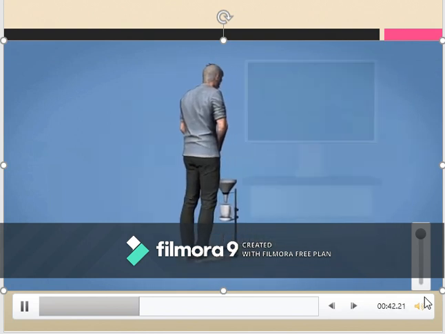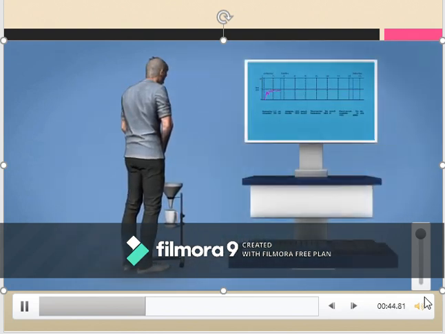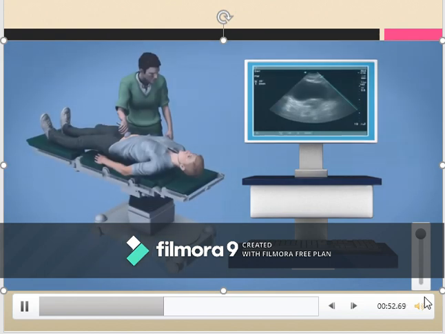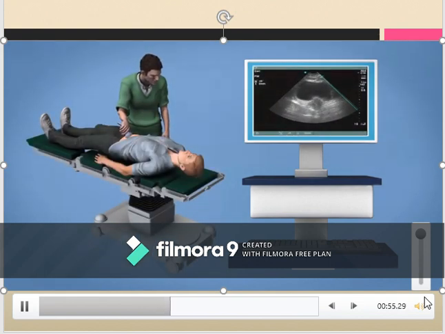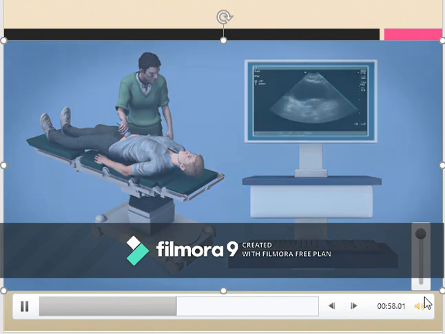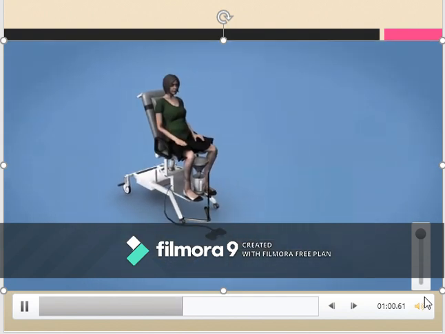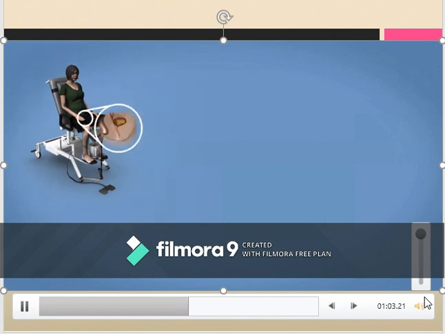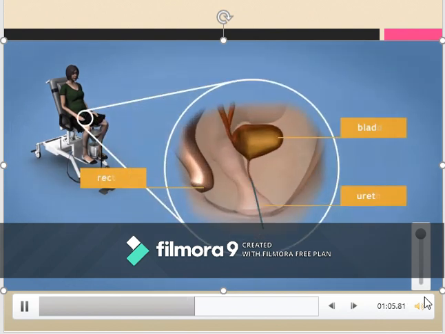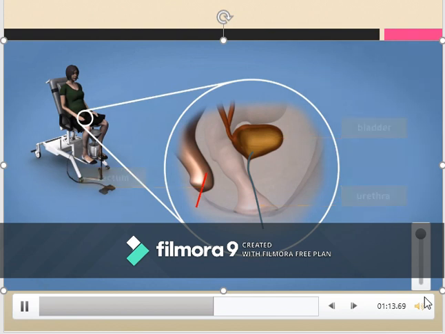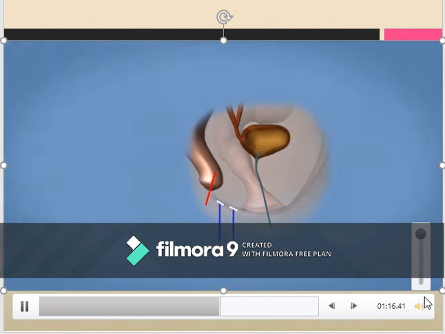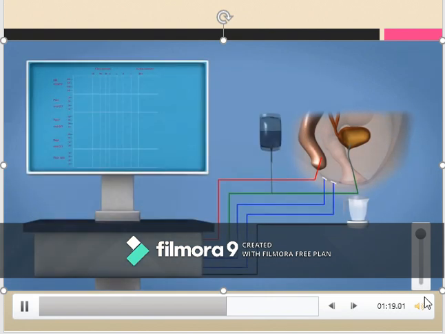Your doctor might begin with uroflowmetry. You will be asked to urinate on a special toilet in private. This toilet will measure the flow of your urine. Afterwards, an ultrasound of your bladder is made to see how well it emptied. If you have to undergo cystometry as well, a catheter will be inserted into your urethra after receiving a local anesthetic. Then one more catheter is placed in your rectum. Both catheters measure the pressure in your bladder and your abdomen. Sensors on your abdomen monitor the activity of the pelvic muscles.